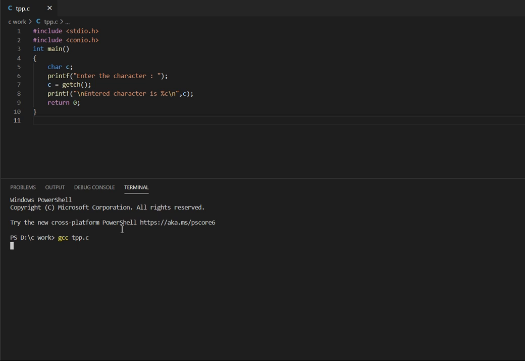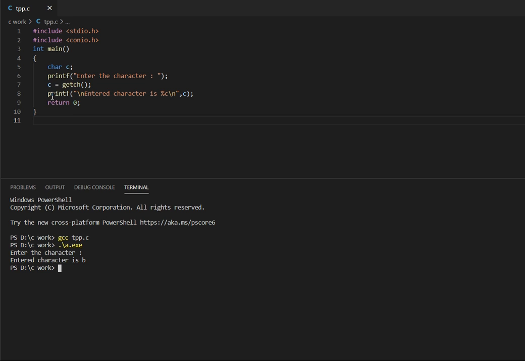So let me just run this code and you'll be able to understand it more clearly after that. Okay, compiled it and then executed it. So enter the character. Suppose I enter the character B. See, the moment I enter the character B, first of all, I didn't have to press the enter key after I enter the character. So that's the one difference. Then the moment I enter the character, getch function read that character, and the flow of execution, which was stopped before entering the character, was waiting for us to enter the character.